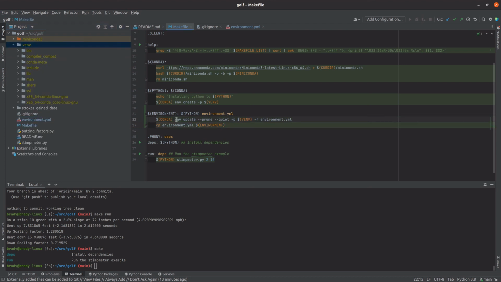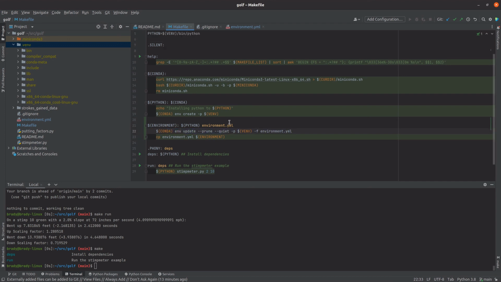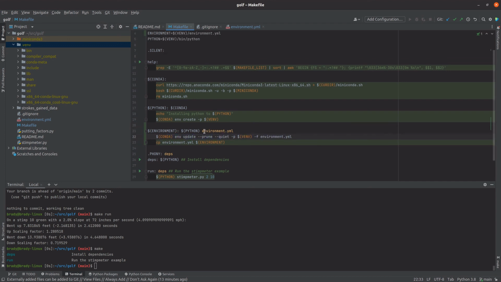But along the way, we're going to have conda update the environment when we do that. So we're giving make a little bit of a hint to say, okay, the way that you can tell if this whole virtual environment directory is out of date is by comparing the file that's in this directory to the file that's here. And if it's older, then it's time to update it. So right now, this doesn't exist at all. So my expectation would be if I run make deps and we've done this correctly,